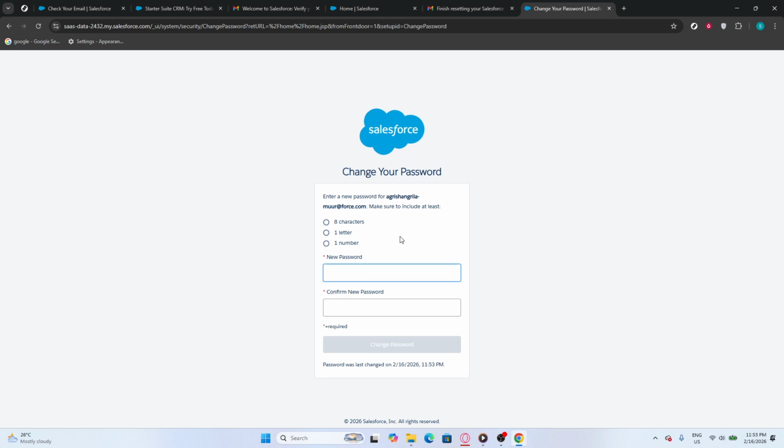After successfully answering the security questions, you will be taken to the final reset page. Confirm your new password by typing it again in the provided field and click Reset Password. Finally, you will receive a confirmation that your password has been reset. You can now return to the Salesforce login page and use your new password to access your